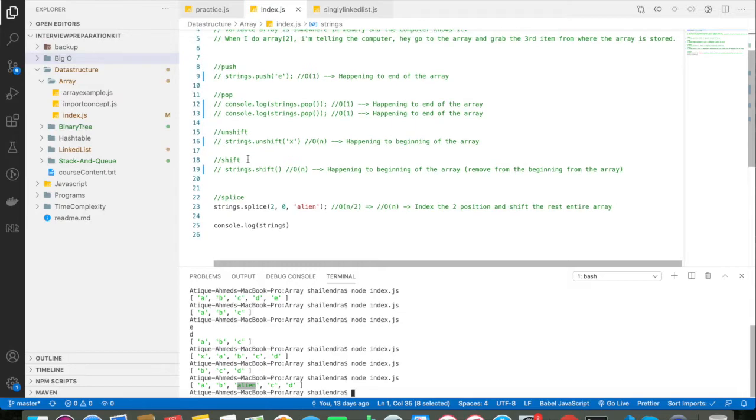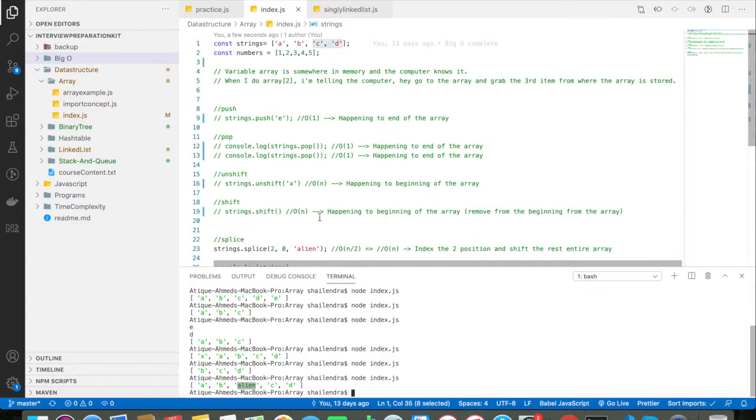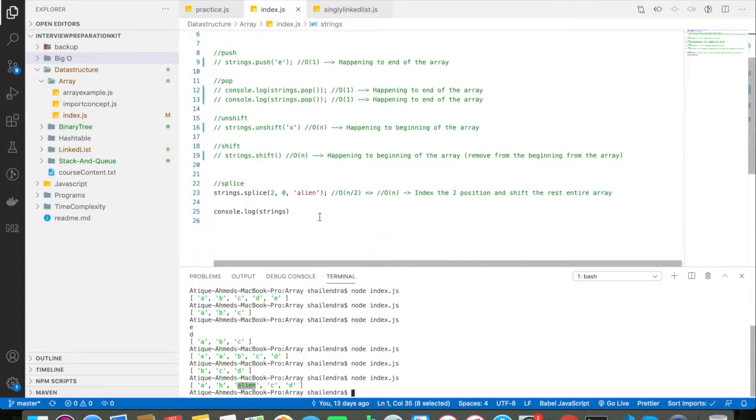I am discussing the array push, pop, shift, unshift and splice methods because going forward we will need them. If a scenario comes up where we need to delete an element from the beginning of the array, or shift the array towards the right, we need to make use of these concepts: shift, unshift, pop, push and splice.